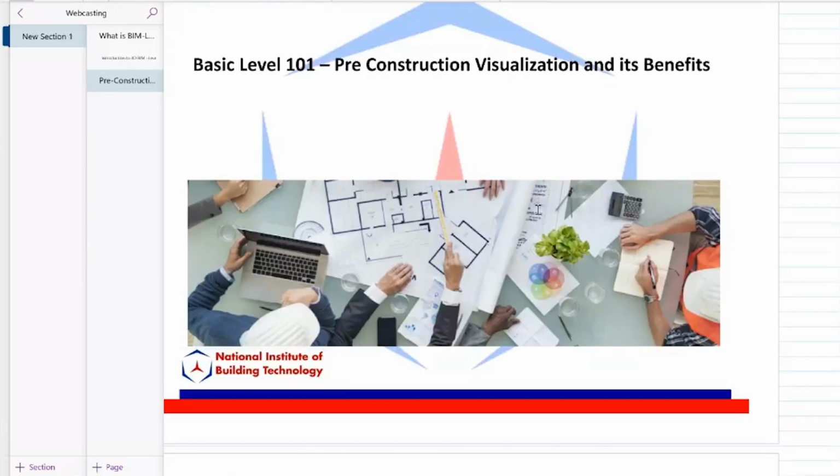You hire a set of architects. Am I correct? Right. So after you hire a set of architects, what happens? So the first step is architecture. What does the architect do? He gets consultants: mechanical, electrical, plumbing, structural consultants. Okay. Then what do consultants do? Consultants will make design drawings.